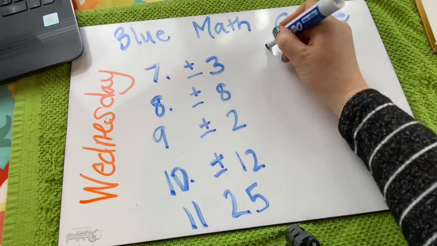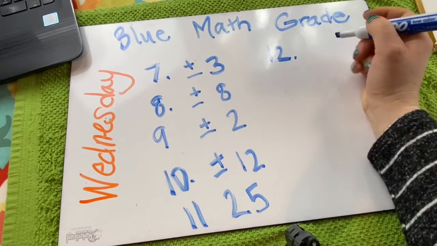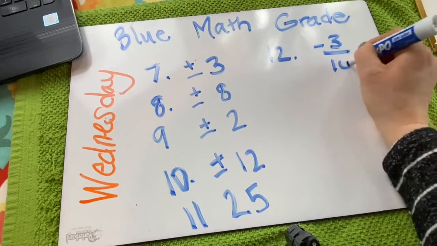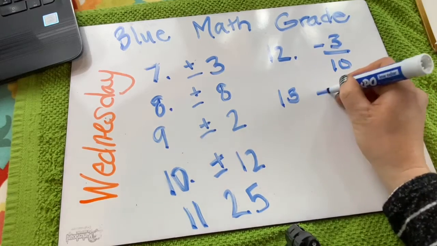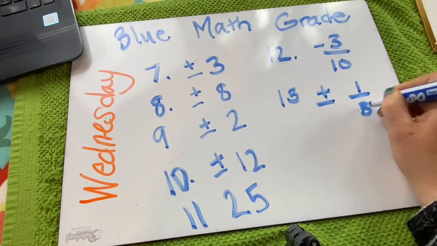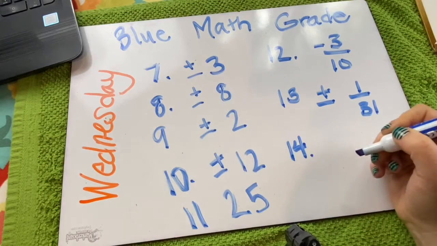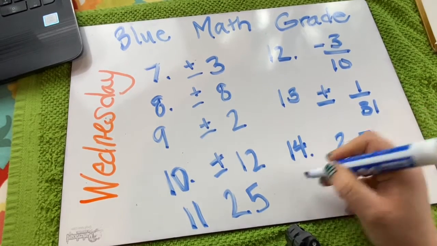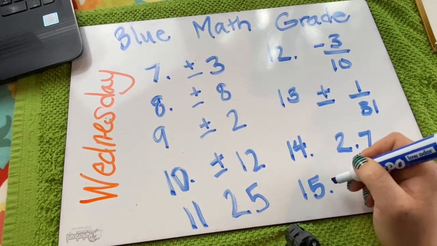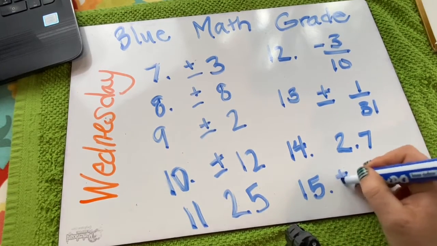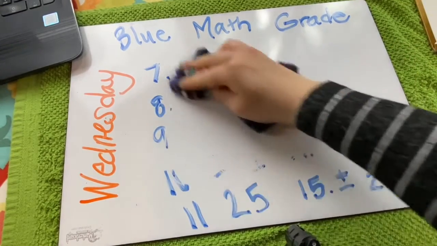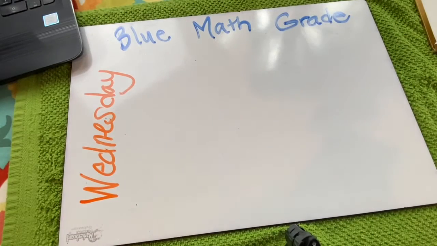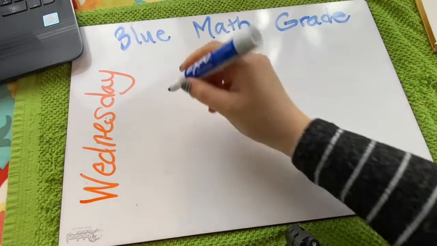Okay. Number 12 is negative 3 over 10. Number 13 is plus, minus 131. Number 14, 2.7. Number 15, plus, minus 2.2. Okay, 15. We gotta go to 21, so bear with me. Okay. 16